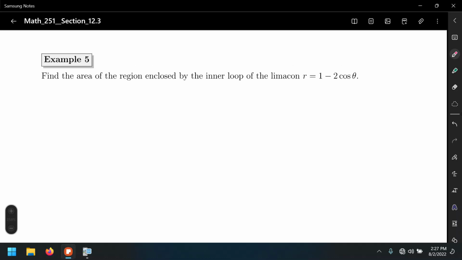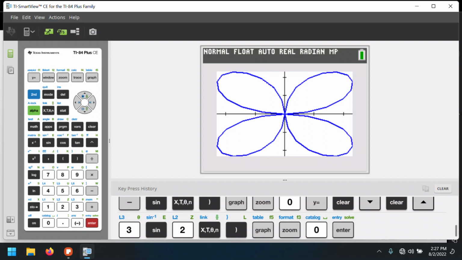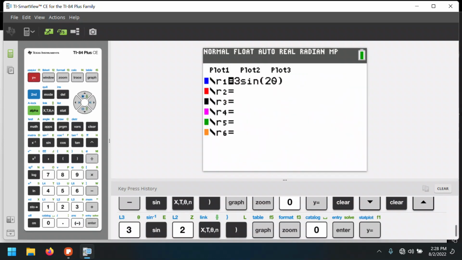So for example number 5, they're asking us to find the area of the region enclosed by the inner loop of the limaçon r equals 1 minus 2 cosine theta. First of all, let's have a look at the graph. It's very important that we look at the graphs, otherwise we wouldn't be able to set up the problem, to set up the integral. Alright, so 1 minus 2 cosine